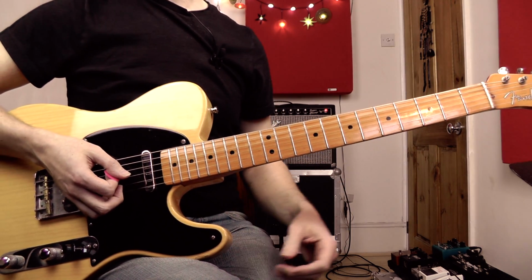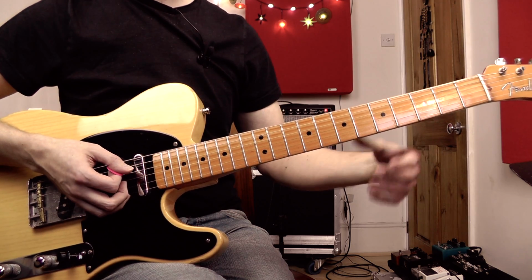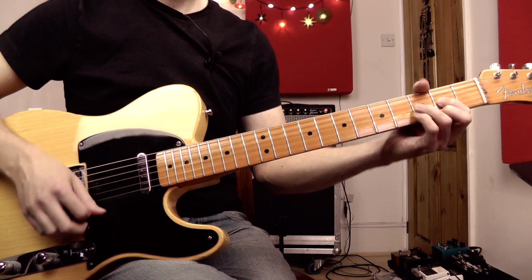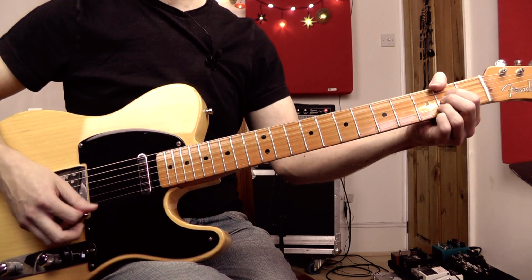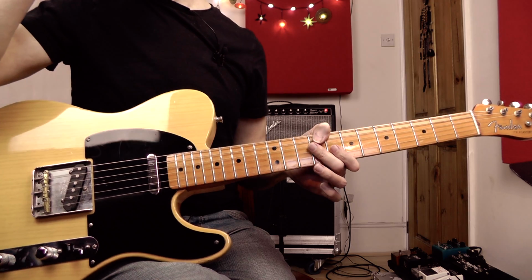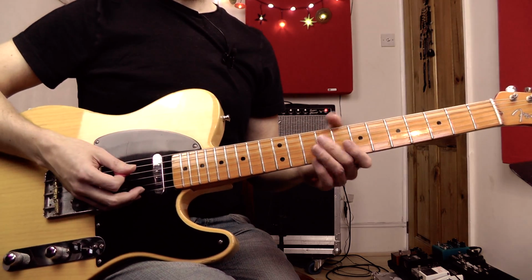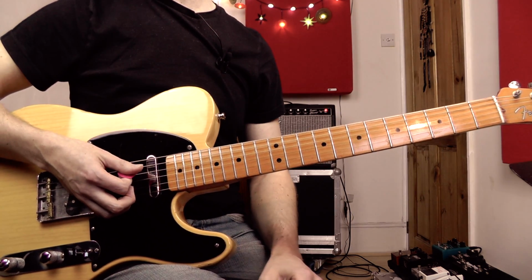We're in the key of D and the solo is played over this chord progression, quite a simple chord progression in D. We've got a D chord, B minor, G, A, D, and that progression is then just repeated. So it's a 1-6-4-5 progression in the key of D, and the solo is played almost exclusively with notes taken from the D